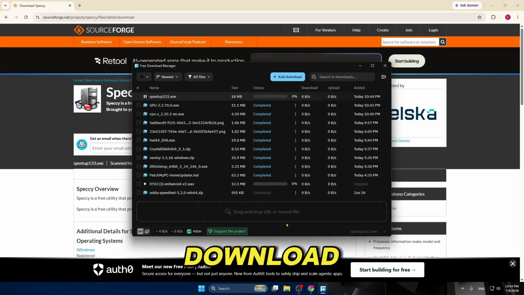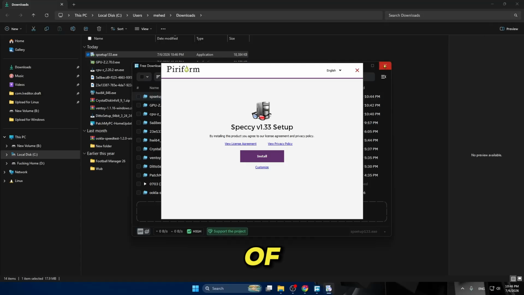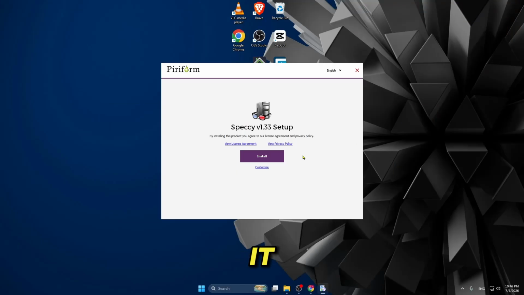Now you can click on download. Now as you can see, your download is completed. Now if you click on the folder icon, click on it two times to install, click yes for the permission, and now you can simply close all of your background tabs, minimize all of it, click on install,